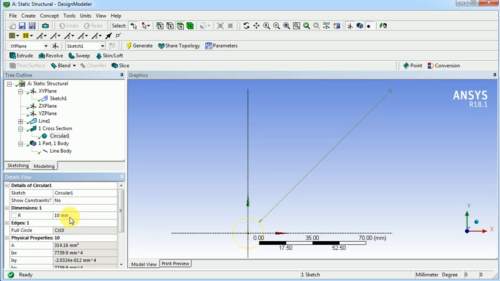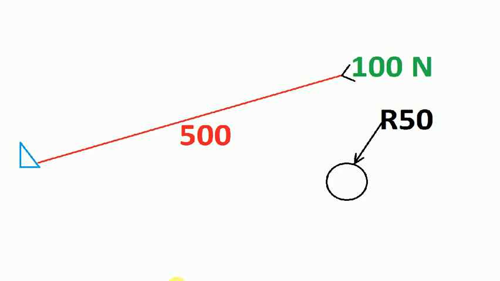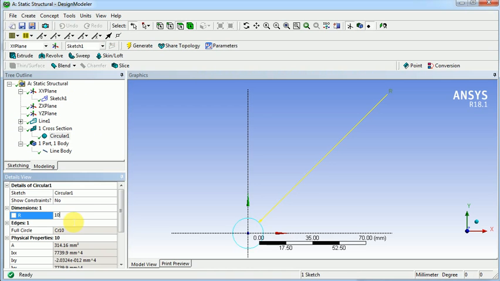We have to give only one dimension, which is the radius. By default it is 10. We have to create a radius of 50, so I am changing the value of R to 50. And now the circular cross section we can view in the tree outline.